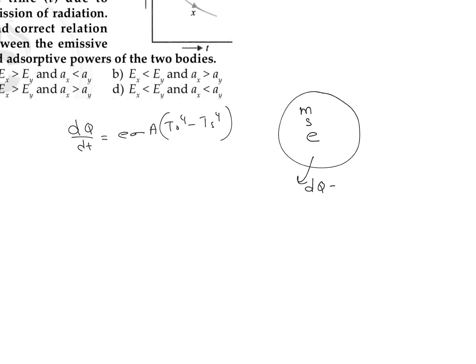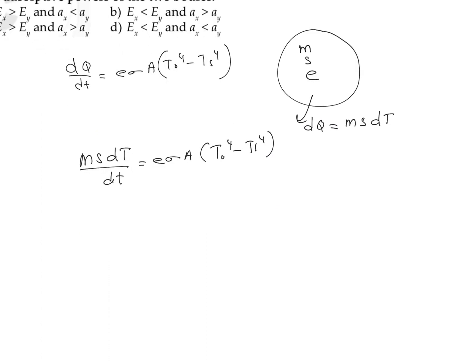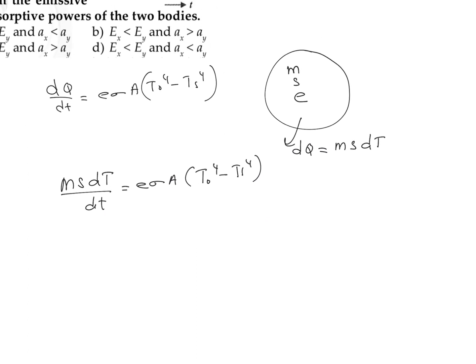So because of that, its temperature is changed by, let's say, dT. So instead of dQ we can take it as nothing but m s dT. So we can write m into s into dT divided by dt is equal to E sigma A into temperature of object raised to 4 minus temperature of surrounding raised to 4. So over here we can observe that the rate of variation of temperature with respect to time is related to